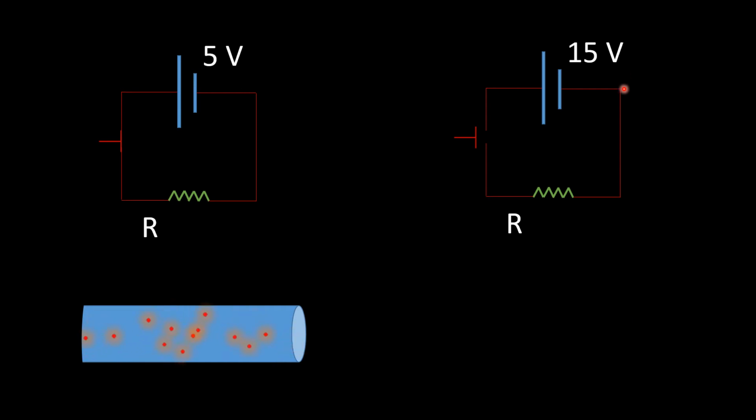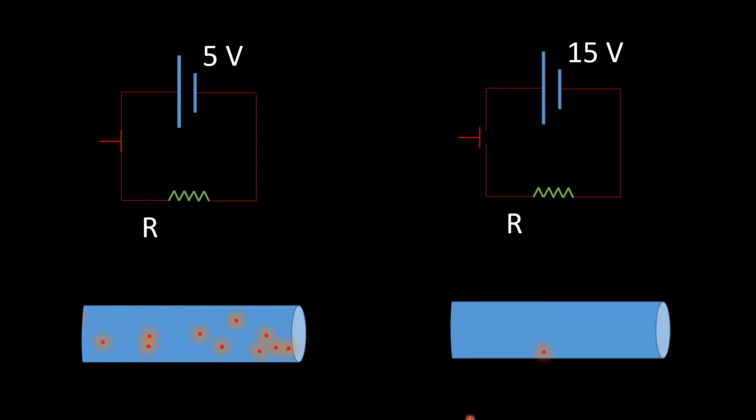So what difference does it make to the charges passing through the wire, or electric current? As the charges have more energy, they will be moving faster. If you measure the amount of charge per unit time through any cross section, that is current through any cross section, you will get a bigger number as compared to the left side. So as you increase the voltage, you will notice more current passing, and the relationship between voltage and current is called Ohm's law.